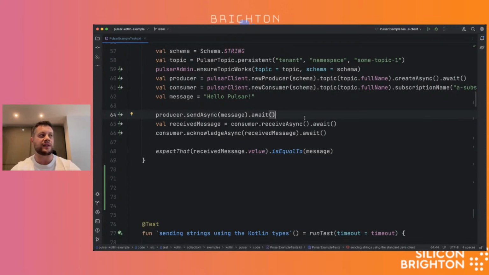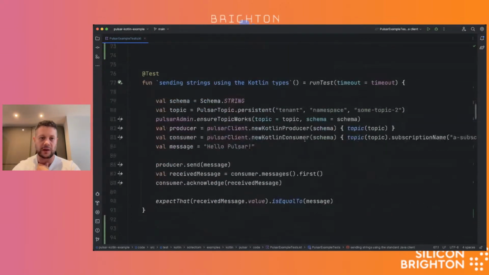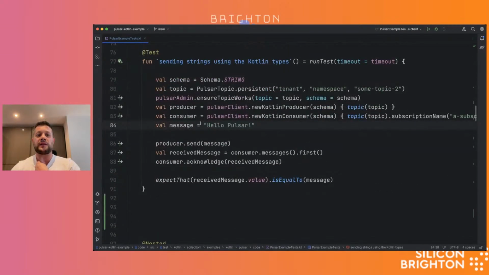Now, another advantage of using Pulsar, at least in terms of the Java client, is that the Java client itself is built to be compatible with Java 8 or more recent, while the Apache Kafka clients in Java are compatible with Java 5. And so they give you back a future as opposed to a completable future, which is not simple to await in Kotlin. So if you want to use the Java client for Apache Kafka in a non-blocking way using coroutines, it's not as straightforward. Okay, so here, let's go back to it.